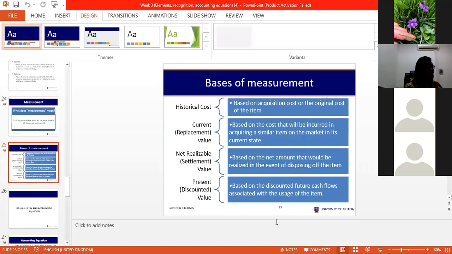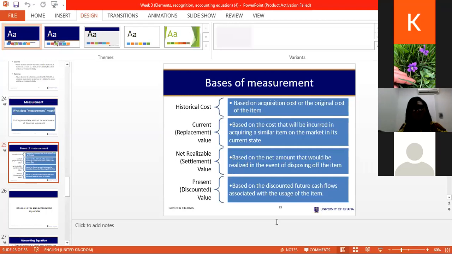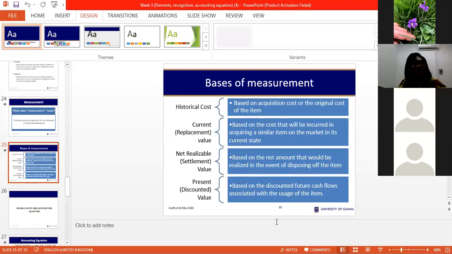Ohene, what is the historical cost concept? Yes, madam. The historical cost concept has to do with showing expenses and then revenue as the cost it was incurred. Cost at the time, cost of acquisition, rather. You are reading from me. No, madam, I'm not reading from the book.